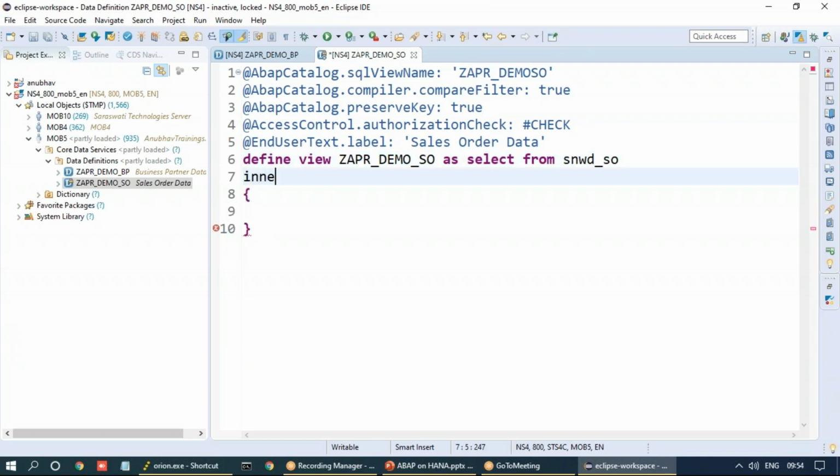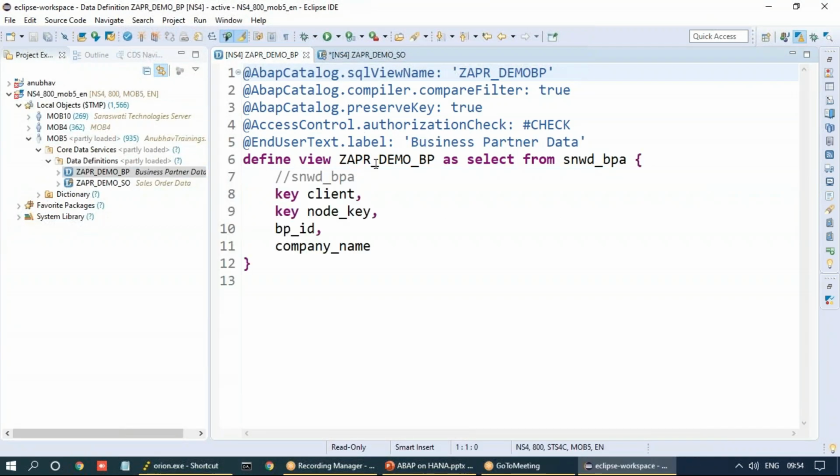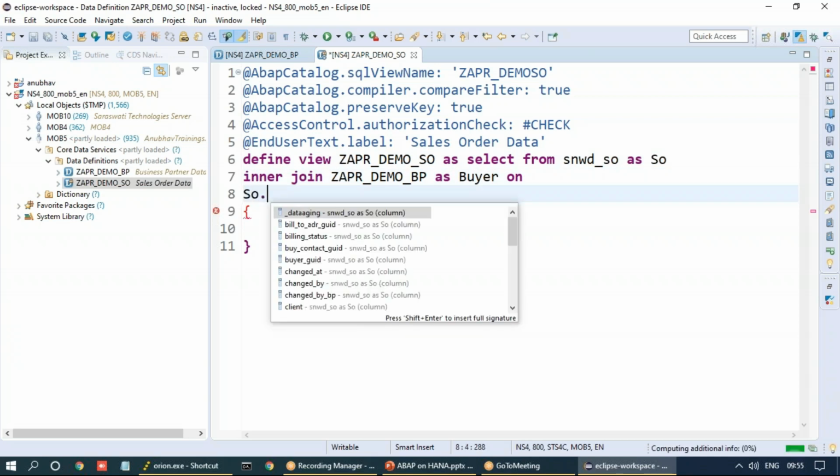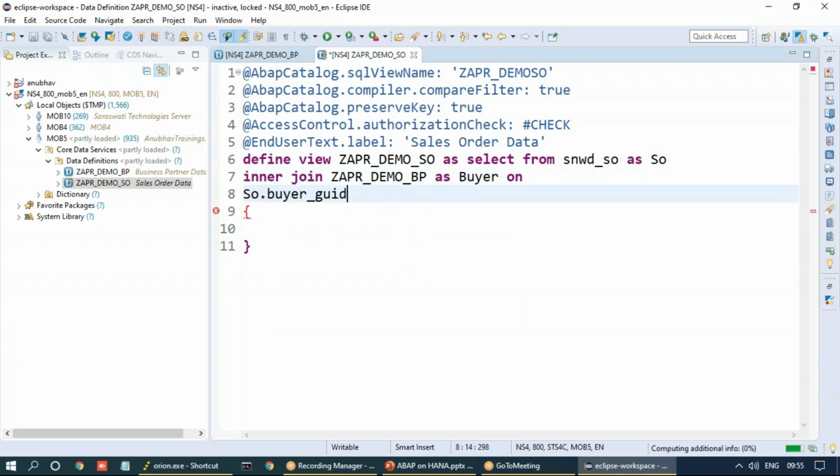Now what I'll do is I'll join this data with our last created business partner view. So let's go back to the business partner view, copy the name of the business partner view and put it here as business partner or as buyer. This is an alias name, and now we give the join condition between them. So this one I'll keep as sales order. So sales order buyer GUID is equal to my buyer's